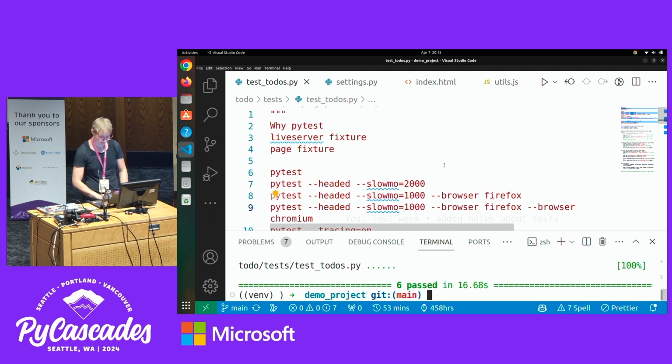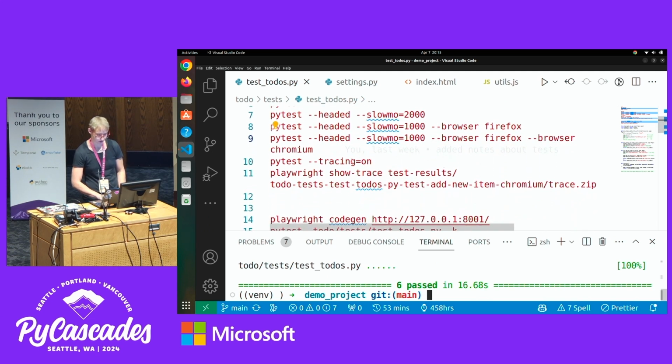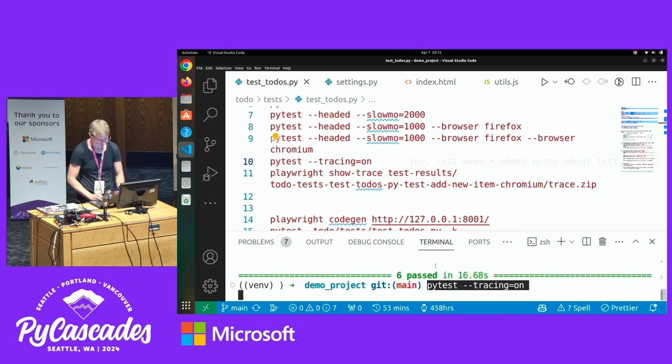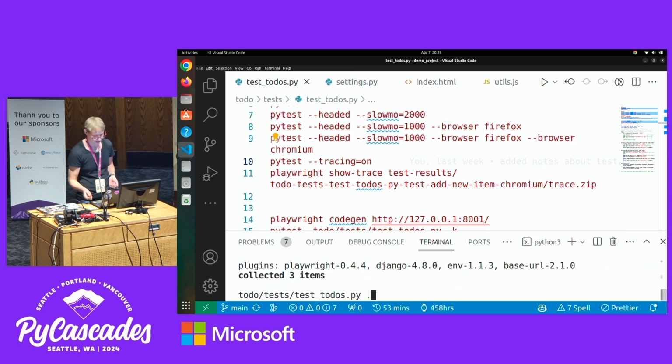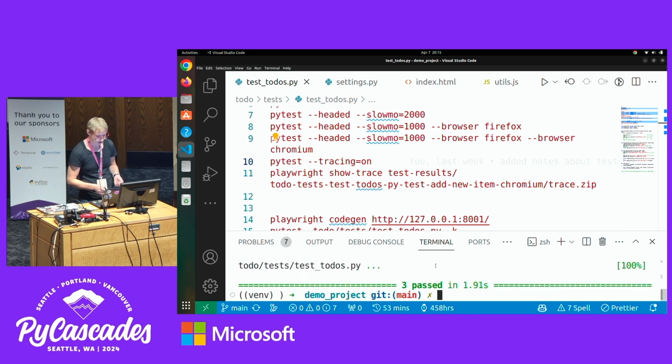All right. Now, something that's really cool is this thing called tracing. So if you have a test that's failing and you don't really know why it's failing, and you want to just take a closer look, then you can turn tracing on. You can also turn tracing on for only the tests that fail and things like that. So here is what happens. It just looked pretty normal, but if I go over here,